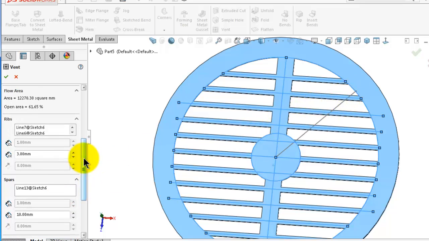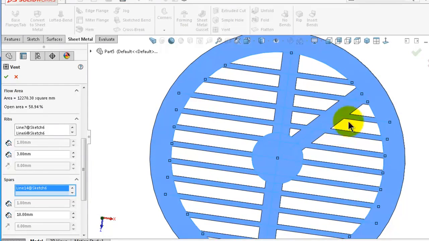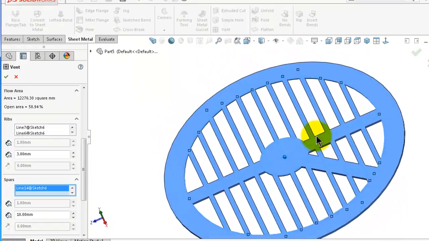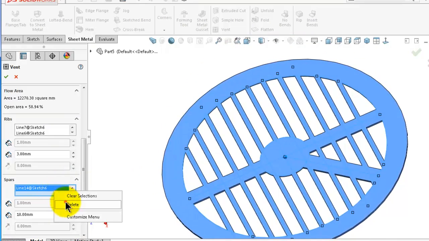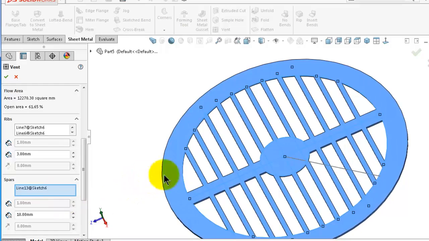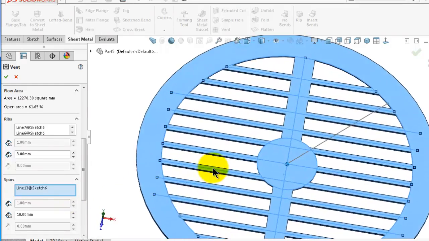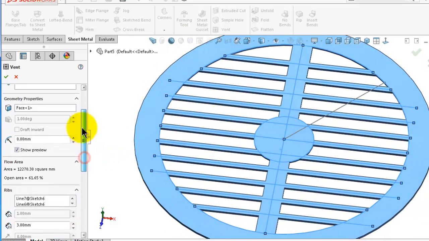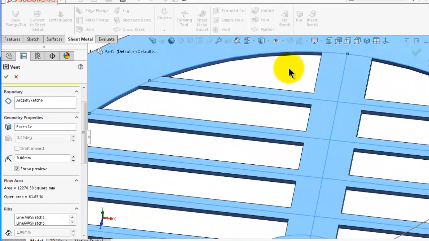If you want to add more support to the ribs, you can select this line, but for now I will remove it. So here you have the basic shape of the grill, and now to make it look better we can add